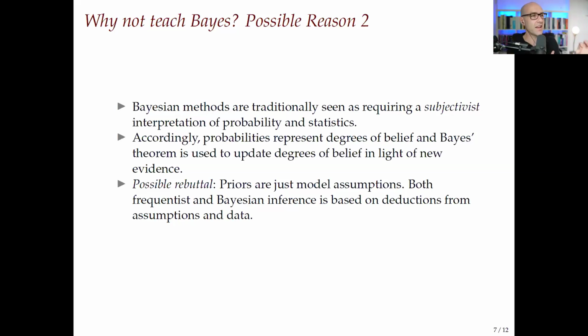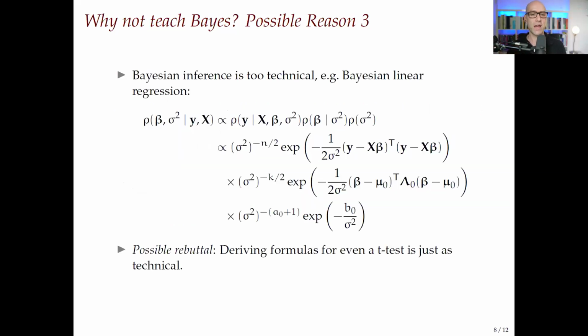Now, interestingly, Andrew Gelman, who's a very well-known Bayesian statistician and has a very popular blog, just blogged about an hour or two ago on this very topic. So if you're interested in learning more about this subjectivist objectivist debate, there's a huge literature on it, and you can go to Andrew Gelman's most recent post to pick it up. But in brief, there's no need to see Bayesian methods in that particular way, I would say.